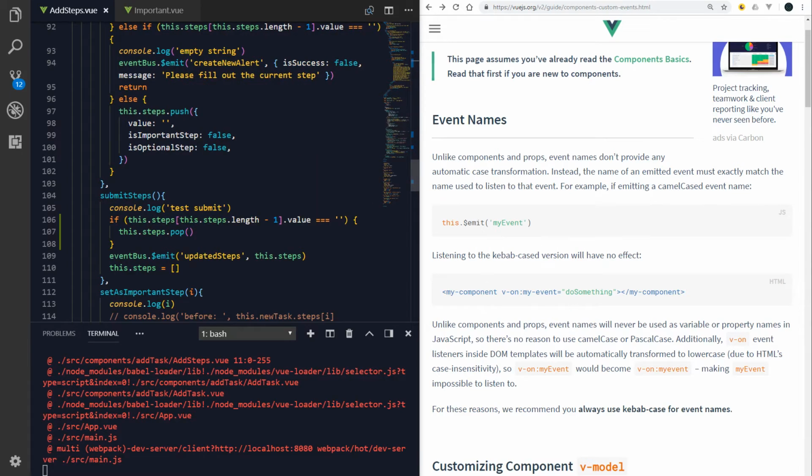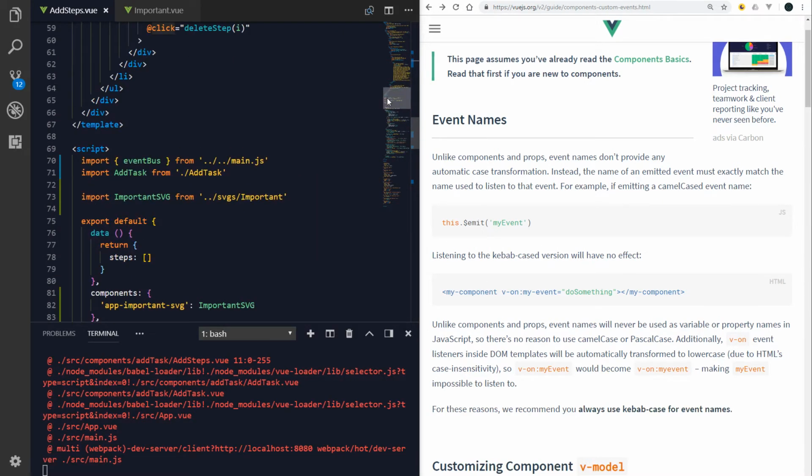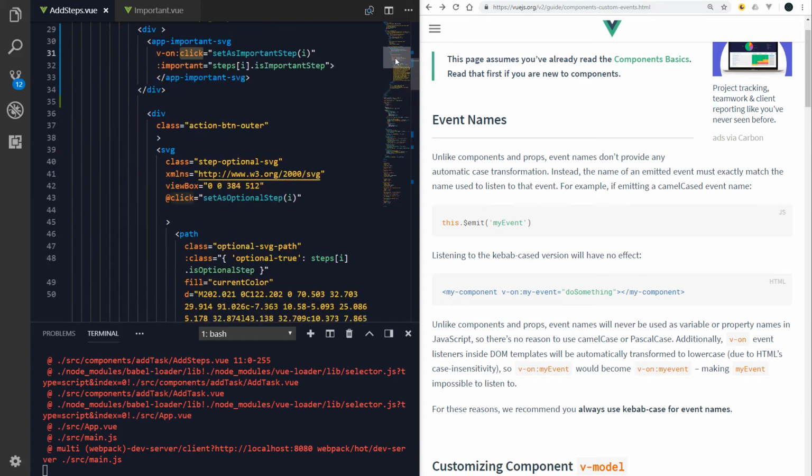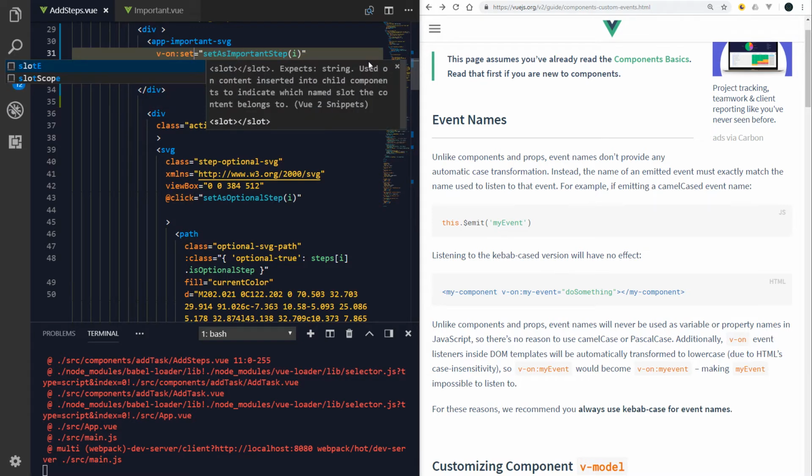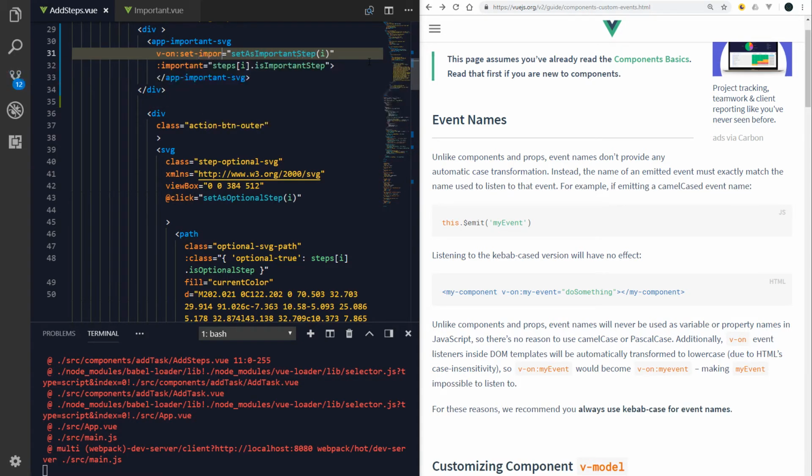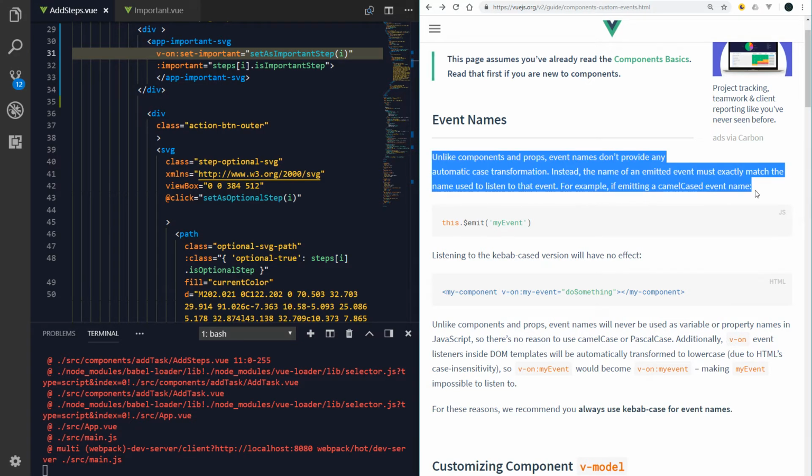So we're using an event bus, so if we were gonna do that, we'll do an emit. So on set important. Okay, so if we look on the documentation, what it's saying right here is